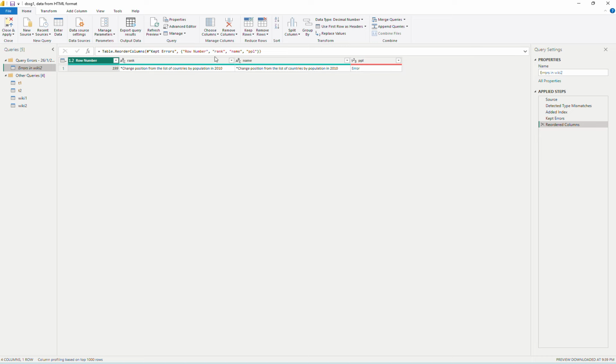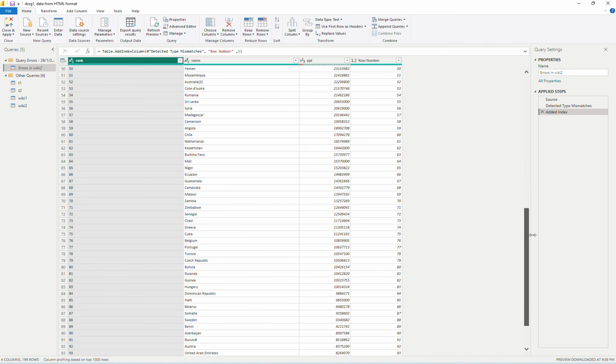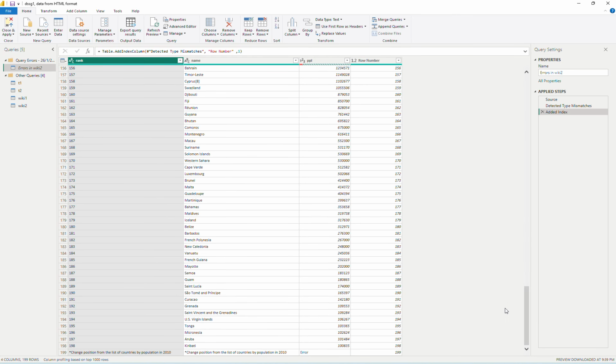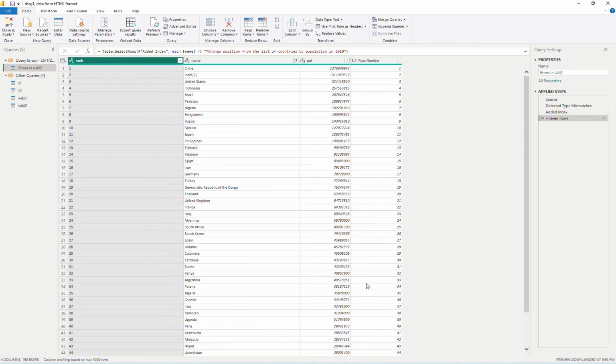So this table, I will remove it because of this line. So maybe I will change it before. I will get rid of it before it goes to the